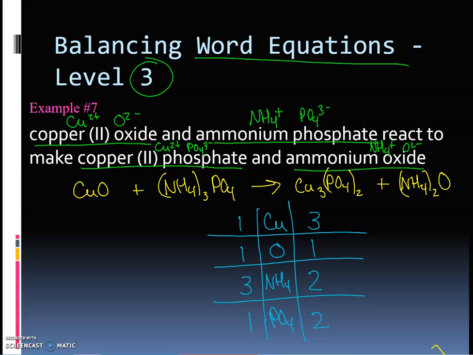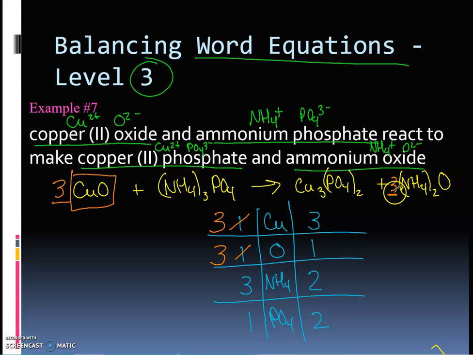All right, switch your colors. And what you're going to want to do is balance all non-H's and O's first. All right, so that leaves us with our copper. Okay, so that means we're going to put 3 in front of the CuO. So when we do that, we're going to find that we have 3 of these and 3 of those. Now, how you balance the rest of them is up to you because they all have these oxygens and hydrogens down here. So I normally just keep following the train of what I just fixed. So if there are 3 oxygens on the left-hand side, I need to make sure there's 3 oxygens on the right-hand side. So I'm going to put a 3,